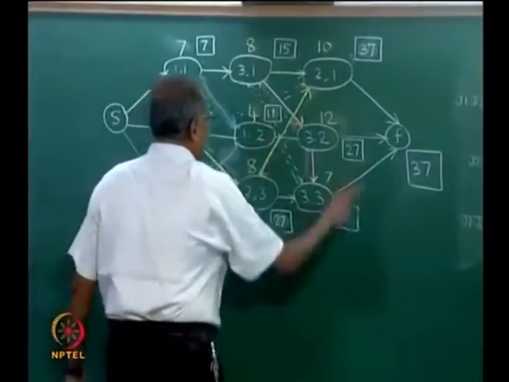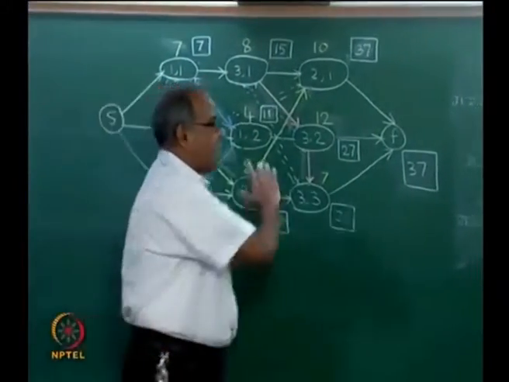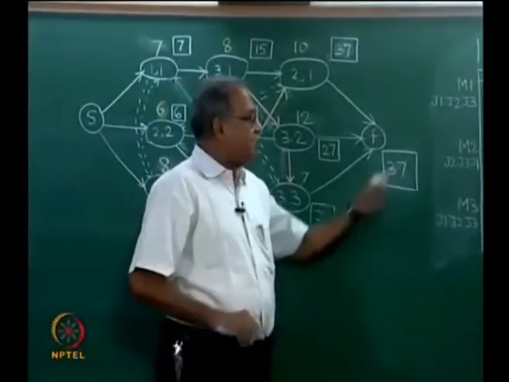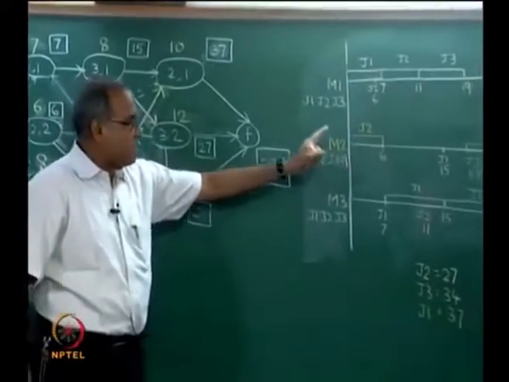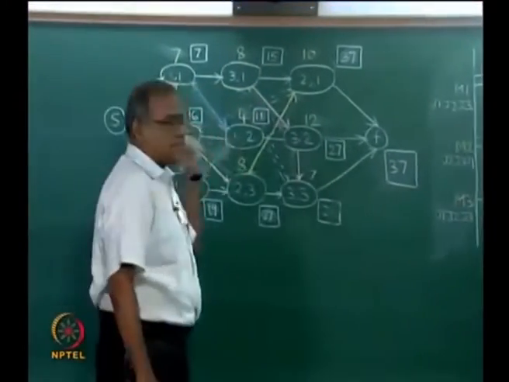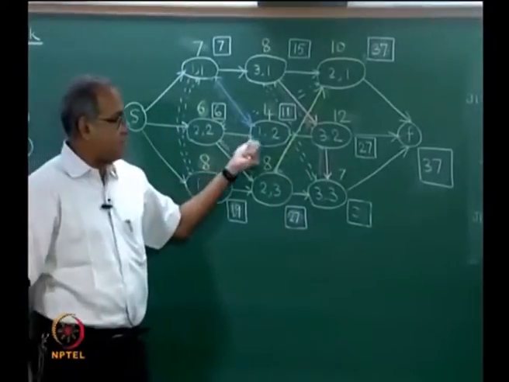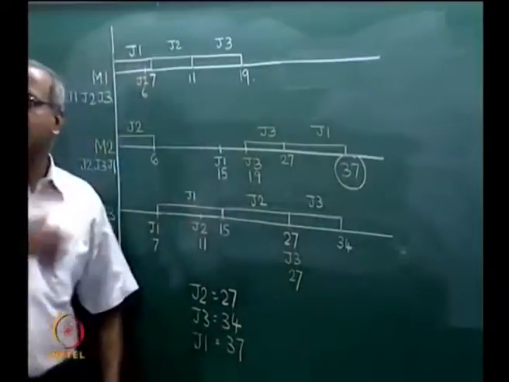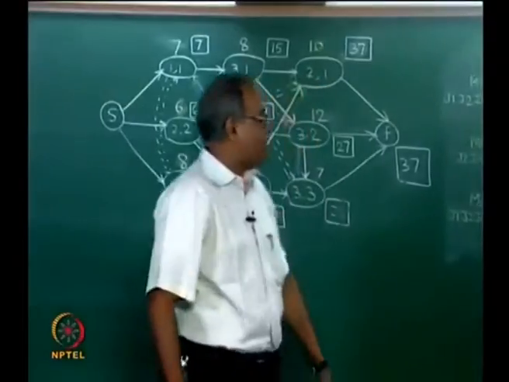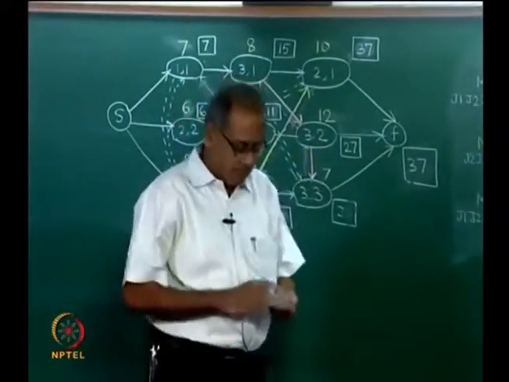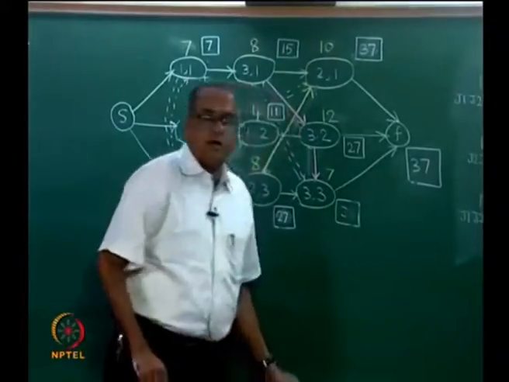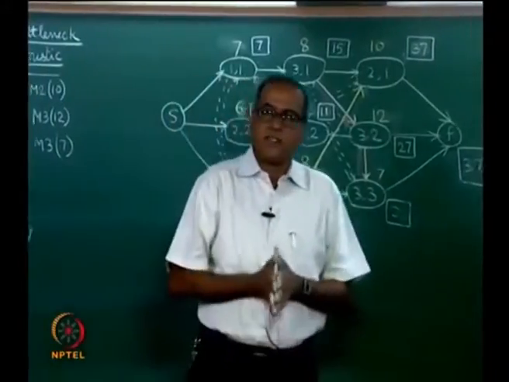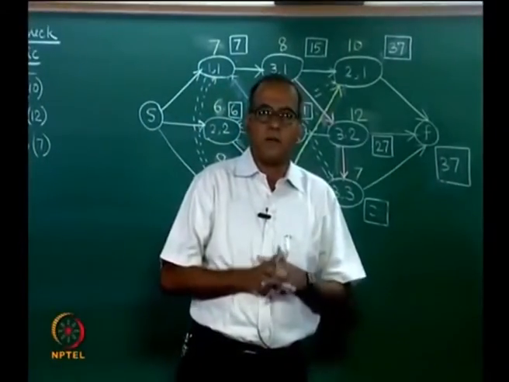Now, from the shifting bottleneck solution, we can map it onto the Gantt chart like we did. If we get a Gantt chart solution, it is also possible to map it onto this network, and the longest path on this network will be the same as the longest of the bars on the Gantt chart, and for this problem the make span is 37. Now, we have to check whether this make span is optimal or does the shifting bottleneck heuristic guarantee optimality.